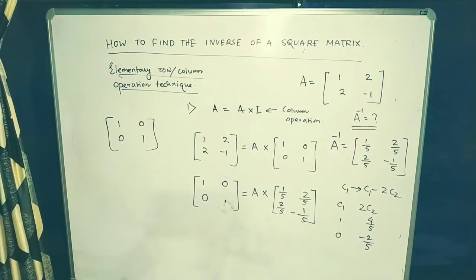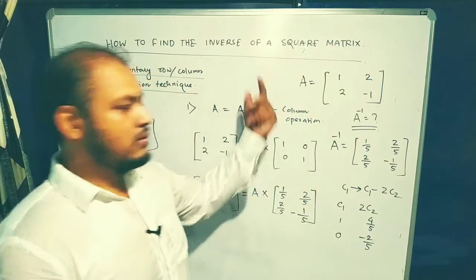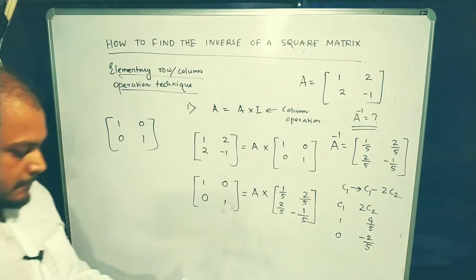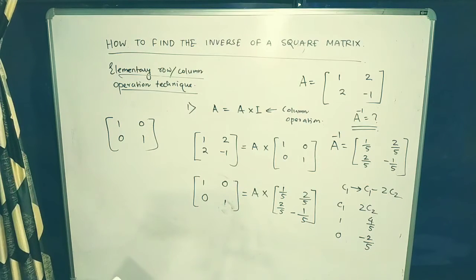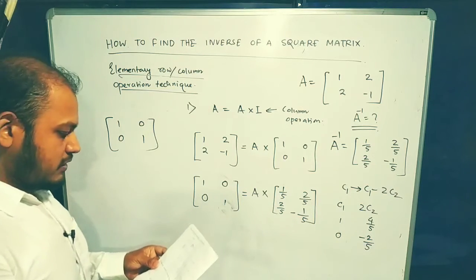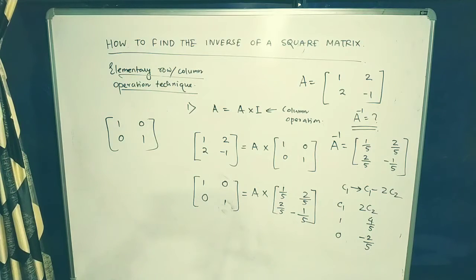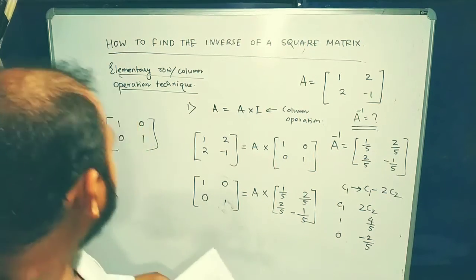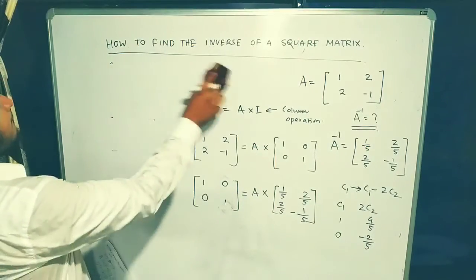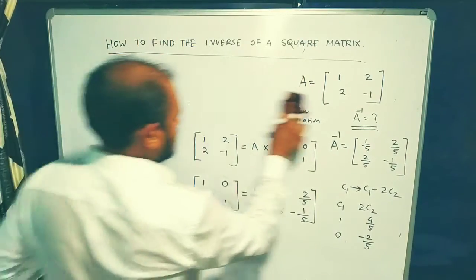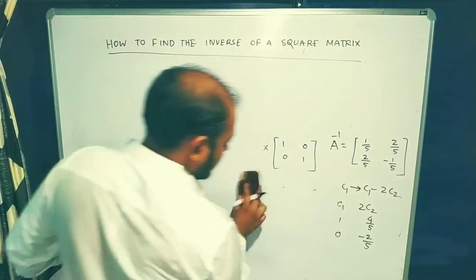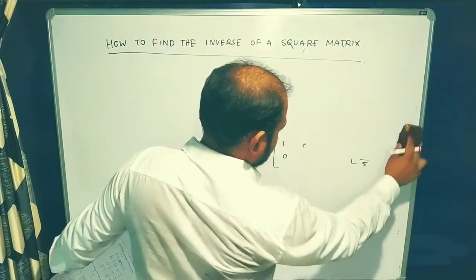It is same as the answer that we were getting on the previous example when we used the row operation technique. So it must be clear to you how to find the inverse of two matrices or inverse of a single square matrix. Okay. Let's look at another example. It is quite complex, but you have to watch this video again and again and try to memorize the steps.